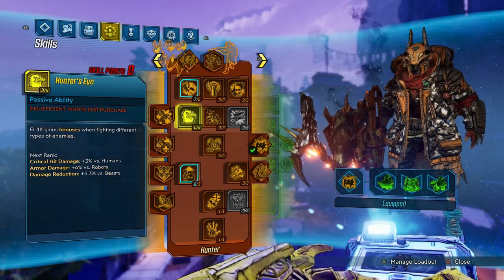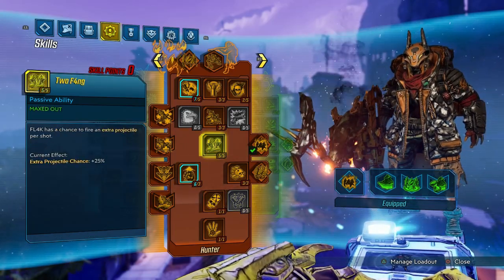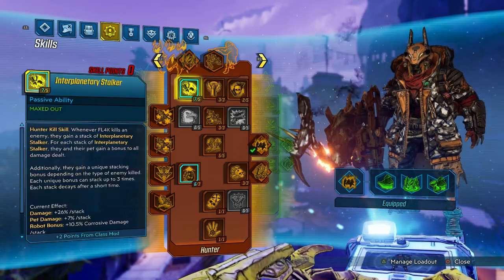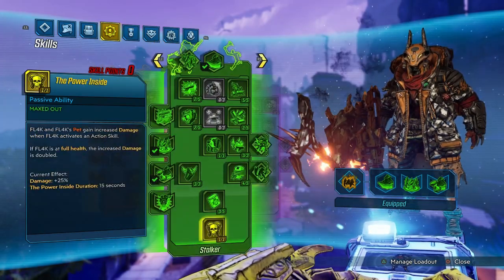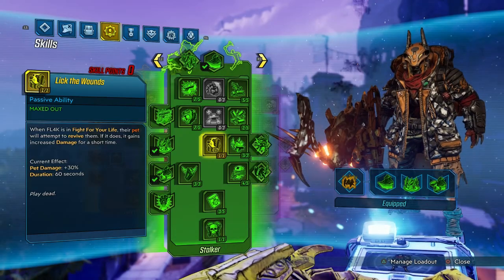We won't be touching things like Hunter's Eye or Grim Harvest, but outside of those things, it's a pretty simple standard red tree. Obviously max out Interplanetary Stalker, and then Big Game, Most Dangerous Game, get all the way down to Megavar for obvious reasons. So our Stalker tree here, because we're going to be basically killing things so fast, and we're going